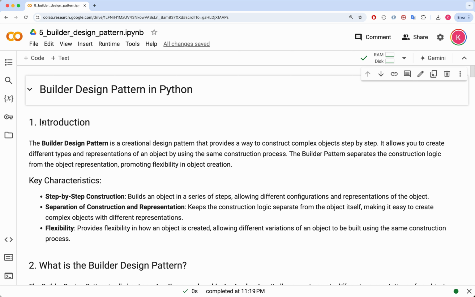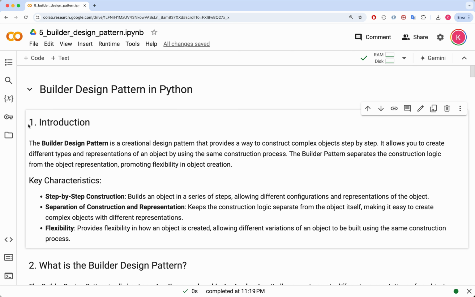1. Introduction. The builder design pattern is a creational pattern that helps construct complex objects in a step-by-step manner. It allows flexibility in creating various types of objects by using the same construction process. By separating the construction logic from the object's representation, the builder pattern makes object creation more flexible and modular. This means you can build different versions of the same object without altering the core process, making it ideal for